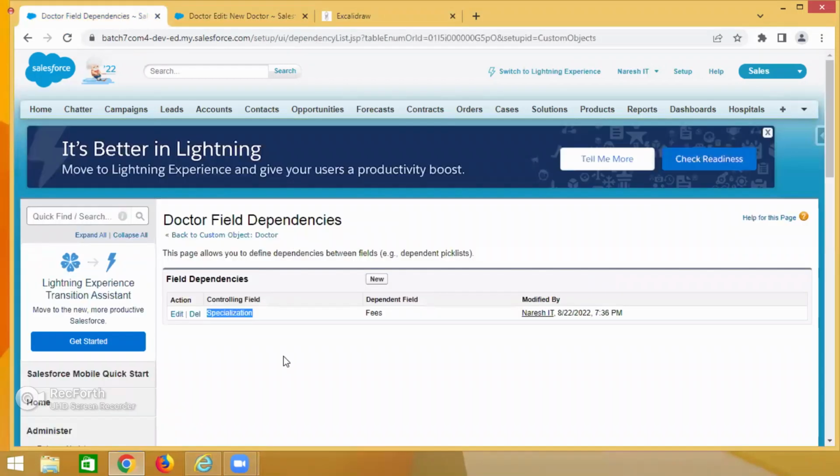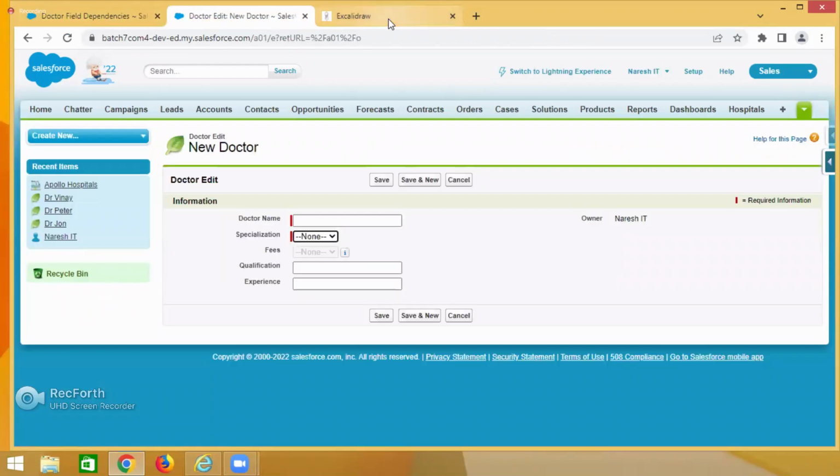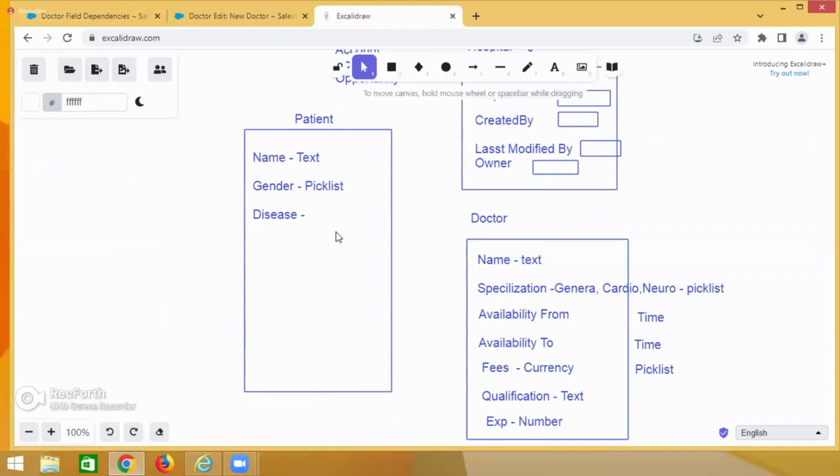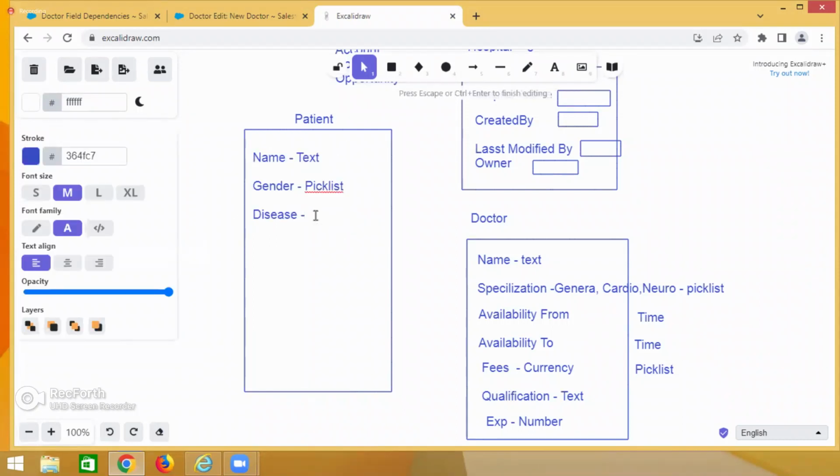We have 3 doctors, but we support only these 3 categories. That means again, guys, this data model will be changed. Okay, based on our learning, we are the learners. First of all, we need to analyze as per common sense. We create that. After that, I will modify it accordingly. Now disease is a